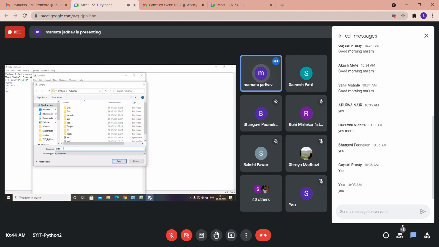I don't have to use the extension .py. The .py extension specifies Python files. But since save as type is given as Python file, then you don't have to explicitly use the .py extension.